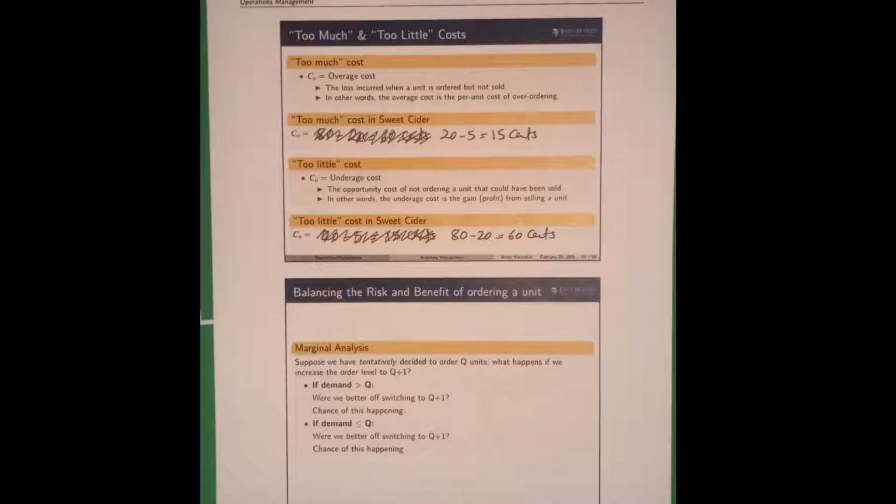This is the situation you are in. Imagine you sell everything and there is only 1 unit of inventory left at the end of the selling season. Just 1 unit. How much is that going to cost you? Well, that 1 unit, you already paid 20 cents for. You've already paid for it. But you are going to salvage it at 5 cents. And that means its cost for you is going to be 15 cents.